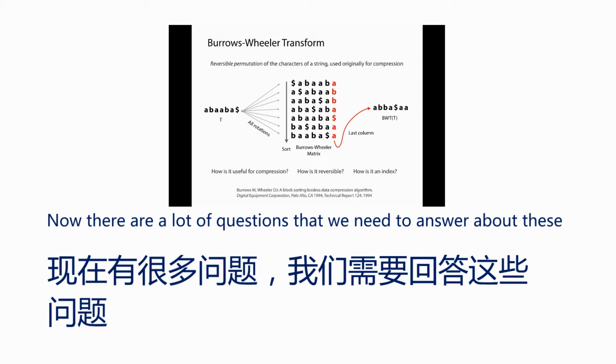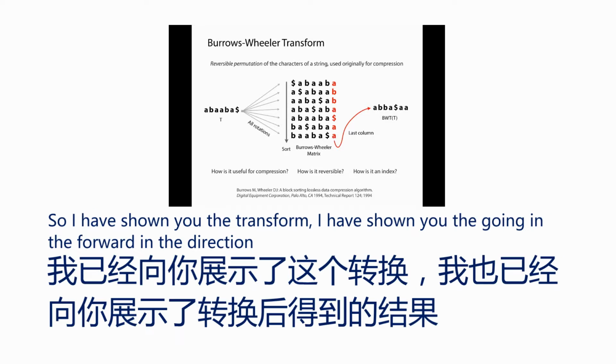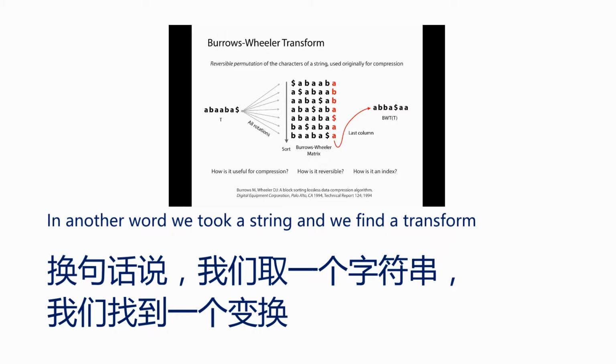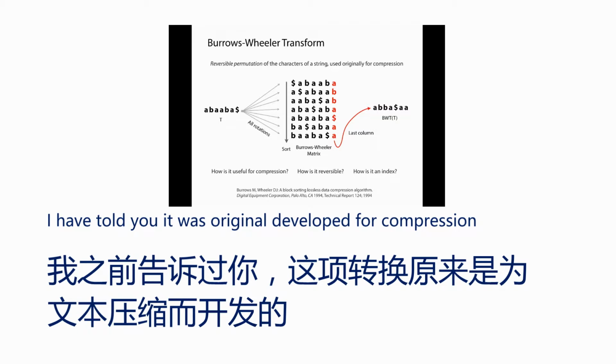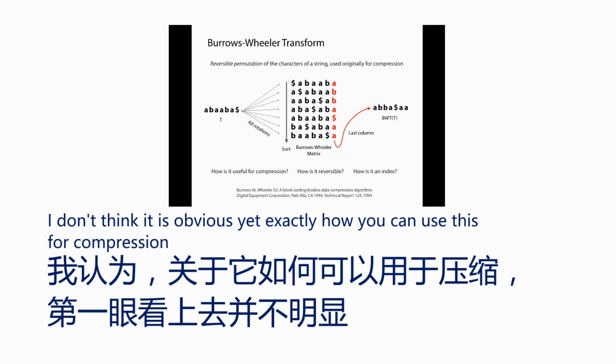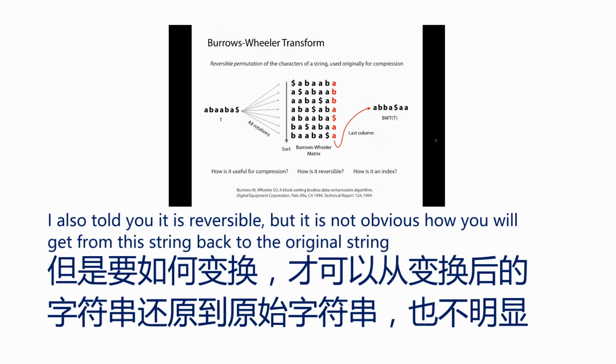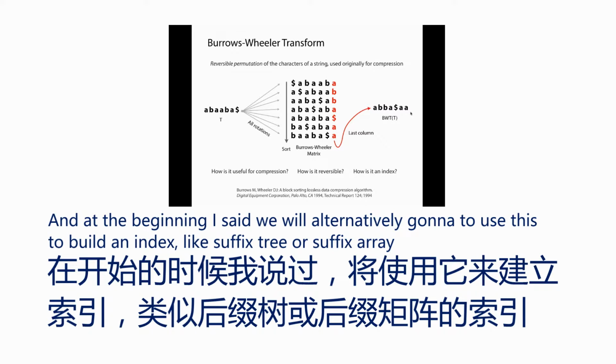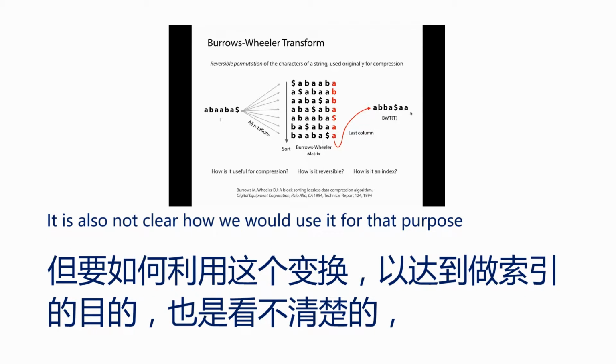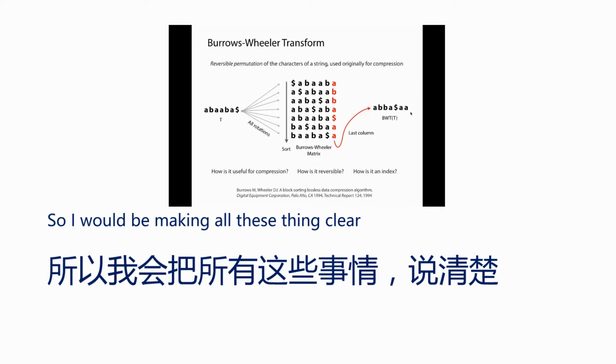Now, there are a lot of questions that we need to answer about this. So I've showed you the transform. I've showed you it going in the forward direction. In other words, we took a string and we found its transform. I told you that it was originally developed for compression, and I don't think it's obvious yet exactly how you can use this for compression. I've also told you that it's reversible, but it's not obvious how you would get from this string back to the original string. And at the beginning, I said we're ultimately going to use this to build an index, like a suffix tree or a suffix array. It's also not clear how we would use it for that purpose,